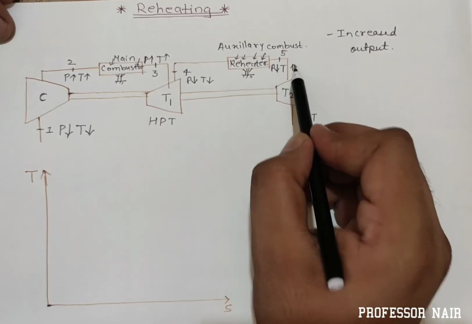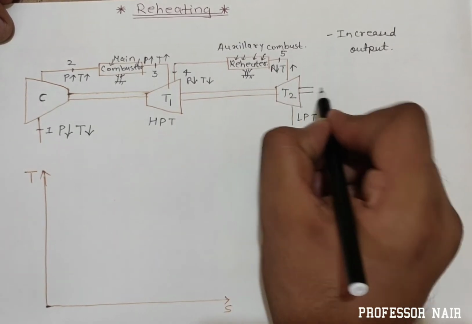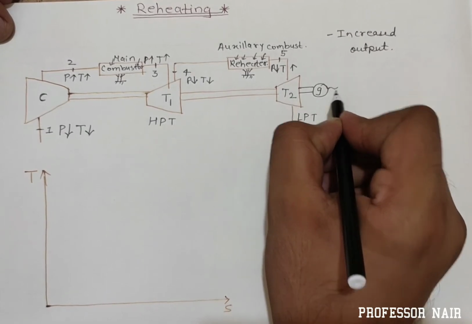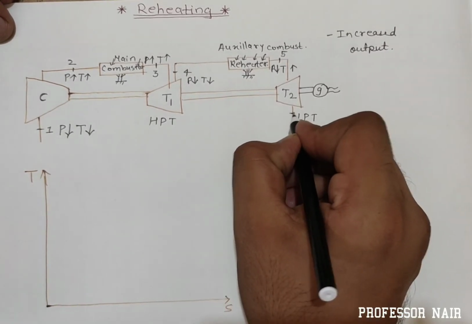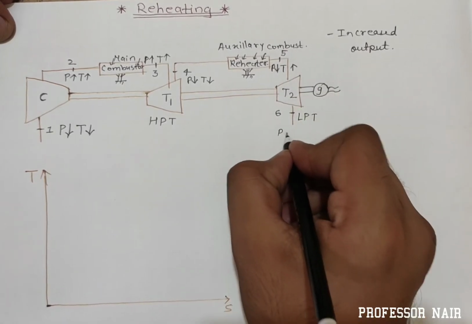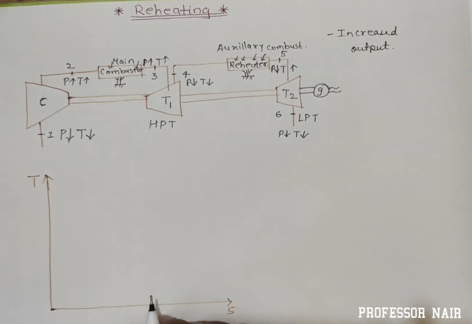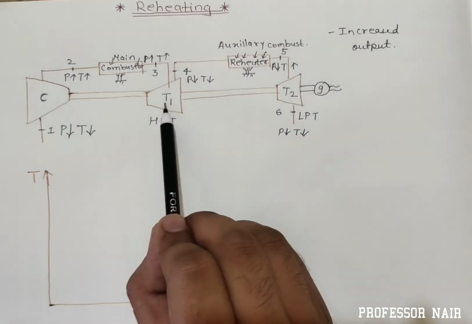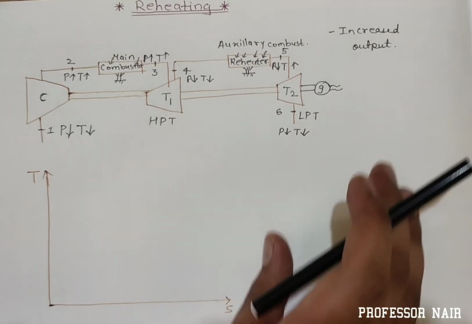This low pressure, high temperature gas enters into the turbine where heat energy gets converted into mechanical energy, and this mechanical energy gets converted into electrical energy with the help of the generator here. Ultimately, the pressure and temperature will decrease in this low pressure turbine. So we are getting two outputs, work of turbine WT1 and WT2. That expression we will solve here.